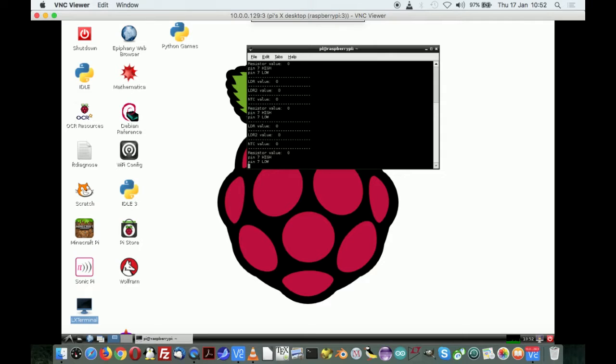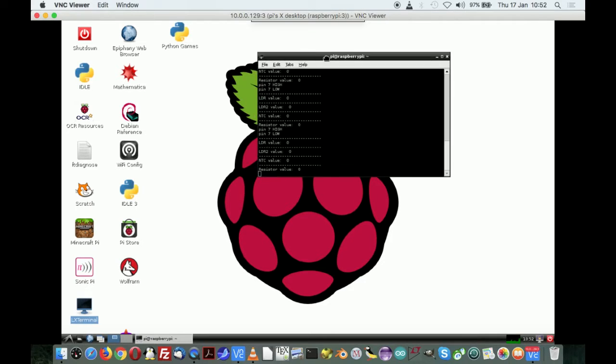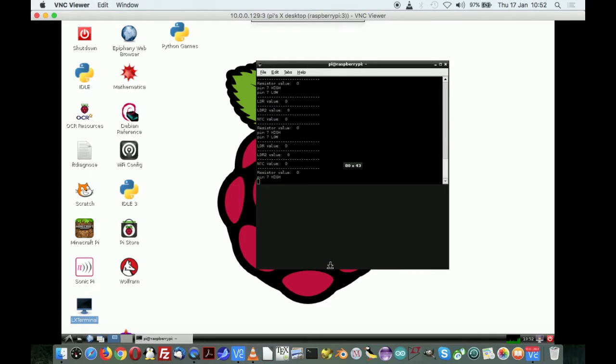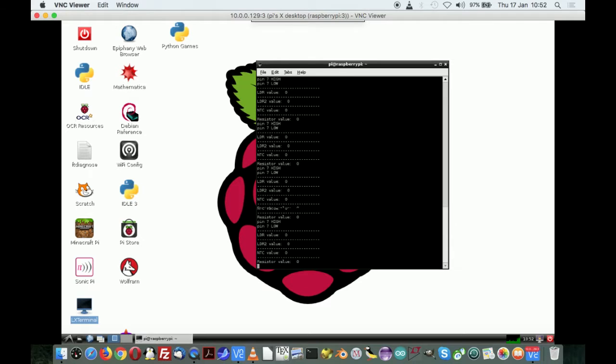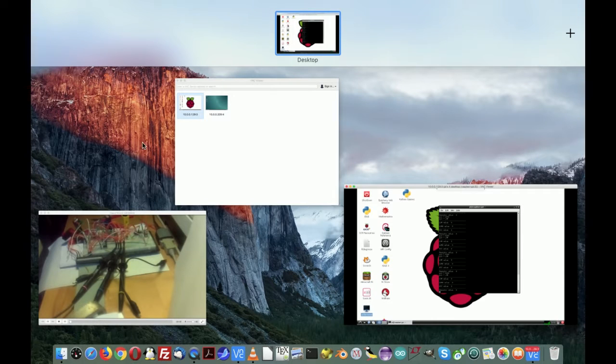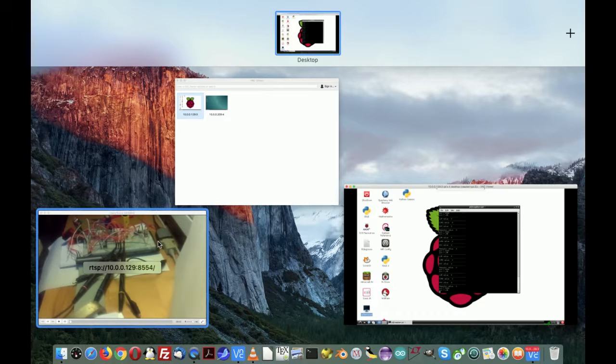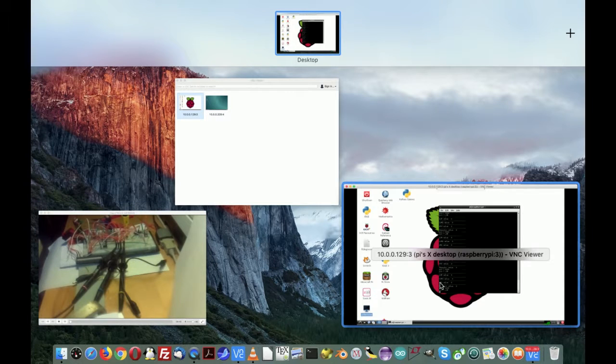I don't see any values, but at least there is no error. Then what I want to see is this, and yes, I can see here the nice view. This works, goes on,